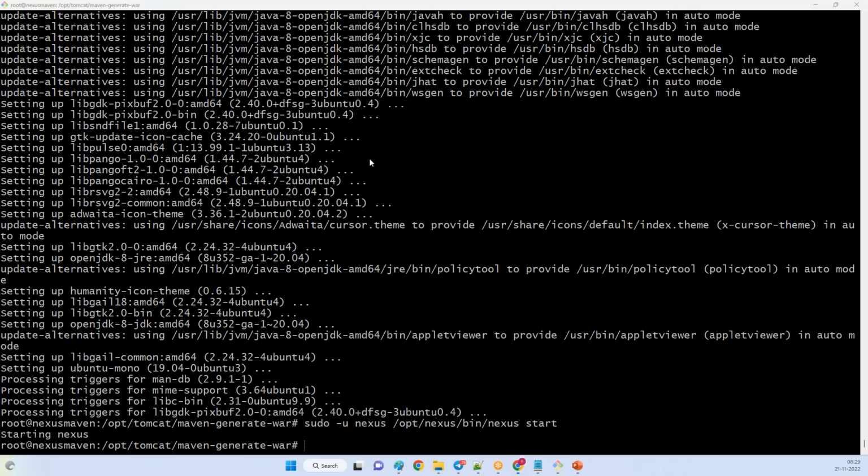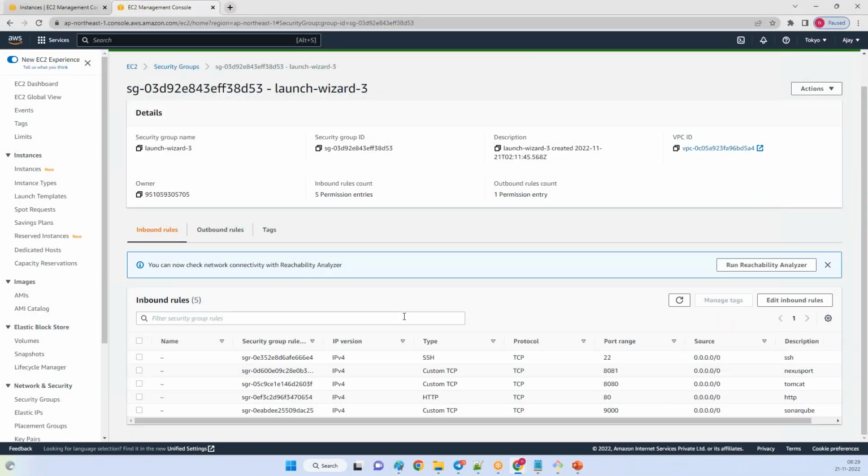So Nexus is running on which port? Nexus is running on port 8081.